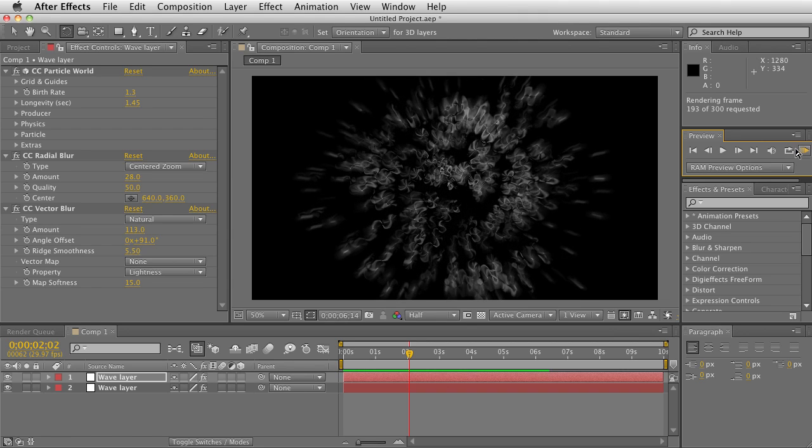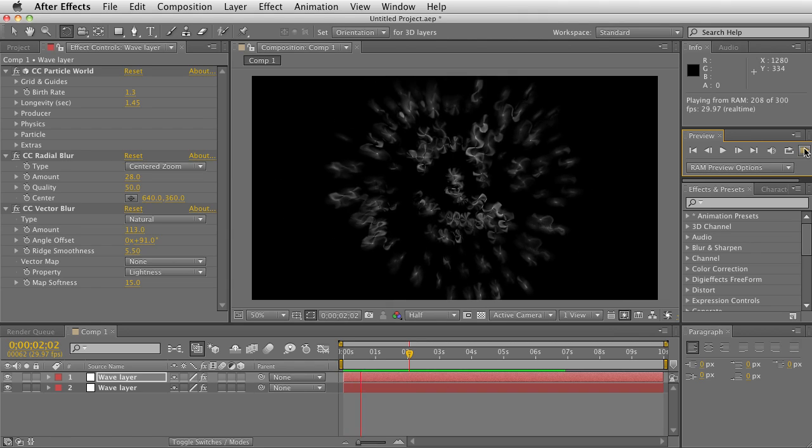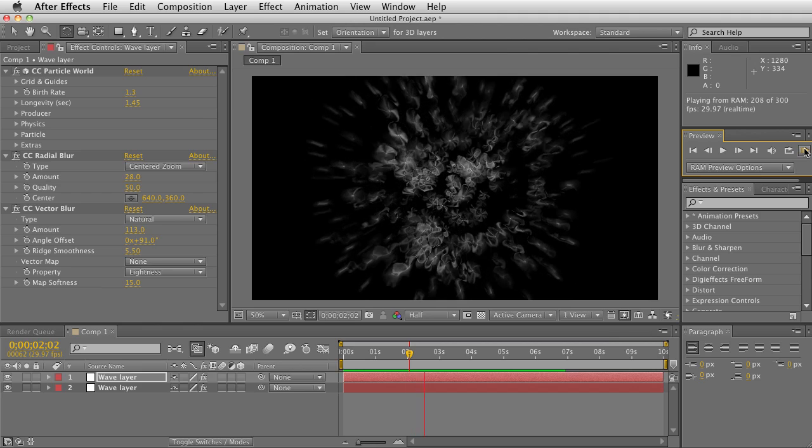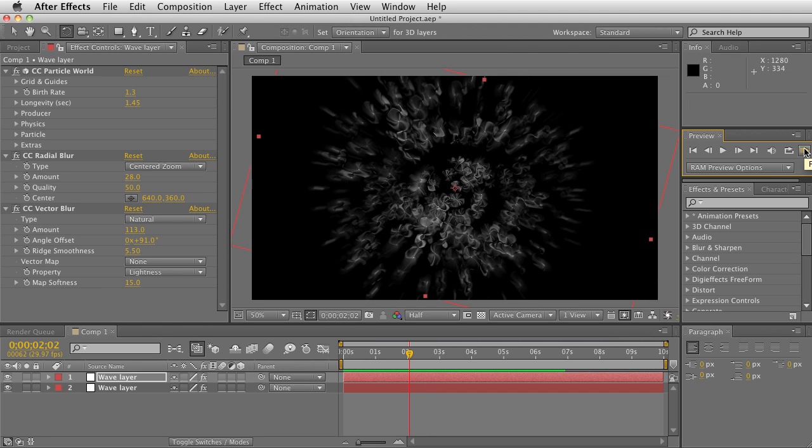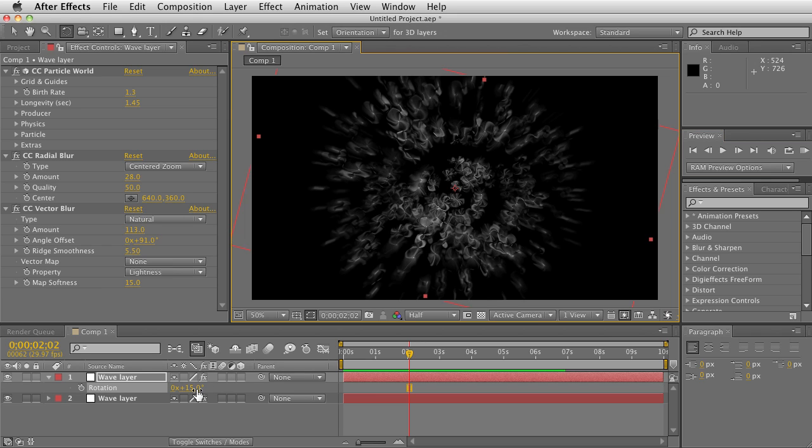You can even bring that further by duplicating it again and rotating it by a different amount, and it'll increase that circular wave feel. So as you can see, I rotated it by 15 degrees, so if I duplicate it again,